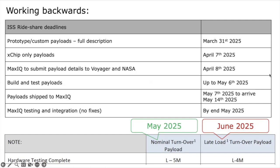So what we've got here is for the teams to build and test your own payloads up until May 6th, so that you can ship at the latest May 7th. And by April 8th, we need to submit all of our paperwork to Voyager and NASA. We have to include every single sensor with the